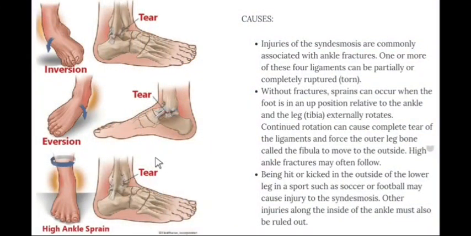Now let's have a general overview regarding the applied anatomy of the ankle joint. The destruction of the ligaments, lateral ligament or medial ligament, is known as ankle sprain. The sprains of the ankle are almost always abduction sprains of the subtalar joint, although a few fibers of the deltoid ligament are also torn.